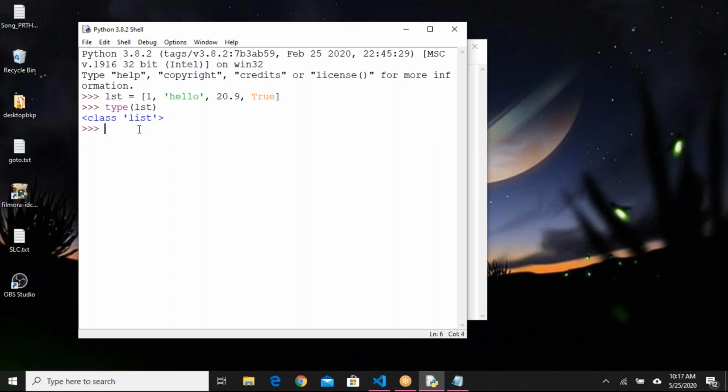Okay, I want to read all the elements, I want to see all the elements of the list. So simply I can refer to the list name, whatever list name I have declared, and if I use that name, I can get all the elements of the list. So I typed here lst and I said enter. See, I can see the list with all the values, all the 4 items.